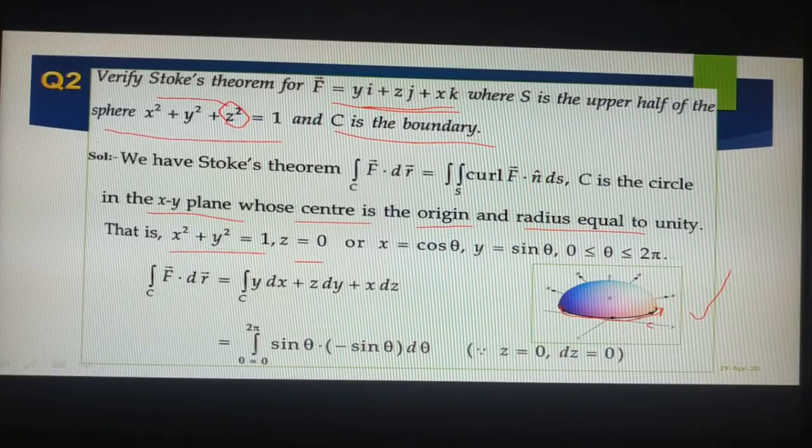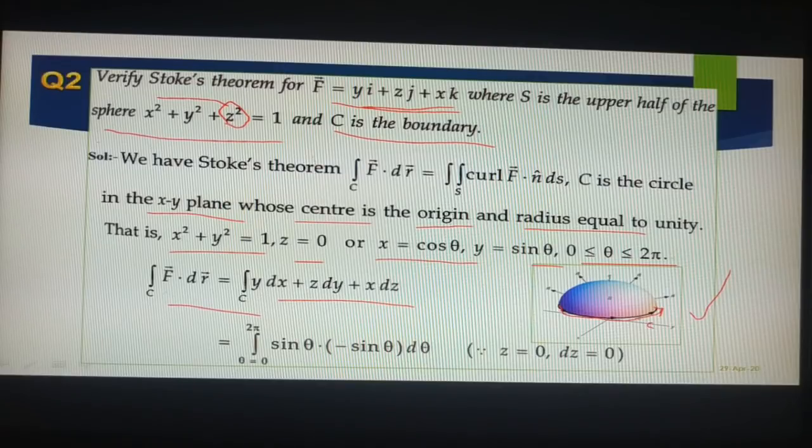So when you have x square plus y square is equal to 1, we have parametric equations. That will be easy because everything we can change in terms of some parameter, theta or maybe t. You know very well that to do this integration is difficult if you are not changing this into parametric equations, because you don't have another hint here. So I can represent x is equal to cos theta, y is equal to sin theta, and of course theta is changing from 0 to 2 pi to evaluate this along this curve, which is a circle in this case.